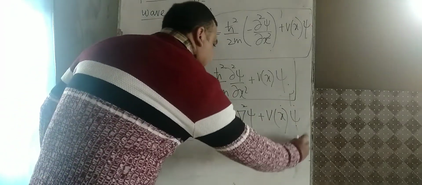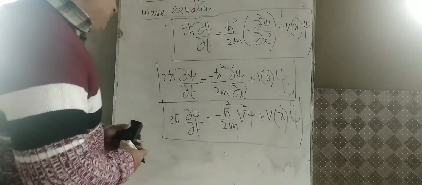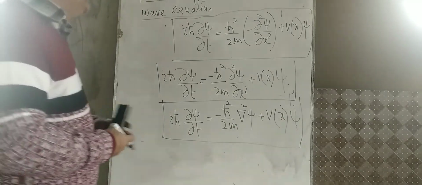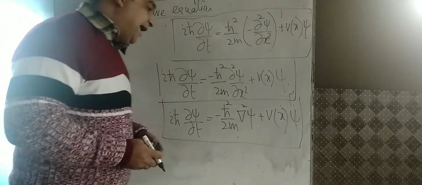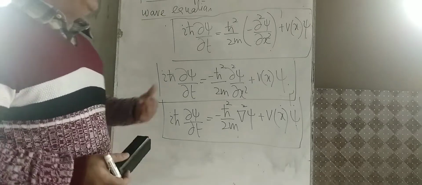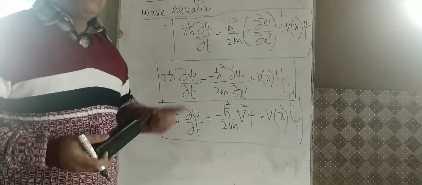So this is the time-dependent Schrodinger's wave equation. And this equation is considered to be the basic mathematical formulation of